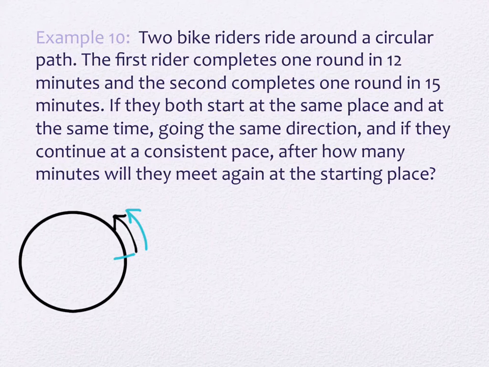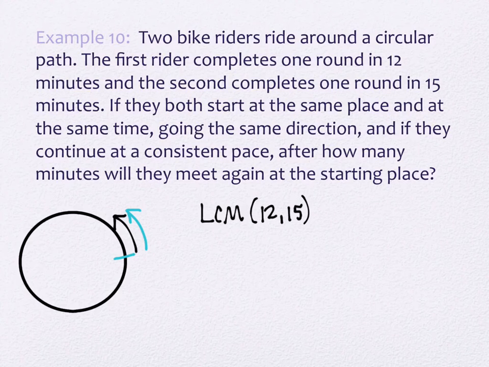They're going around and around this circle, and eventually they have to meet back up at the starting place if all those conditions are met at the beginning. So this is the question I have for you. Is this a greatest common divisor question, or is this a least common multiple question? It is a least common multiple. They are going around the track multiple times. Does that make sense? So this question is asking me what is the least common multiple of 12 and